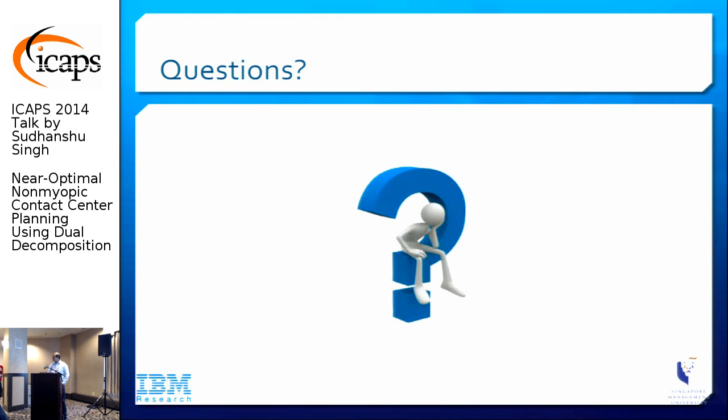Other questions? This one over there. You're solving 8-week instances. Could you explain again why you need to solve them within 10 minutes? Because if you solve them optimally, you say it takes a day. Why is that a problem? So it is a problem because this is a running exercise. These people have tens of accounts. Within each account, there are several lines of business. Within each line of business, there are several queues. They want to solve it for all of them, and they want to do what-if analysis.